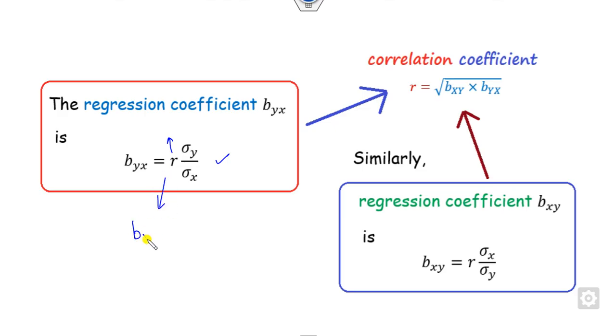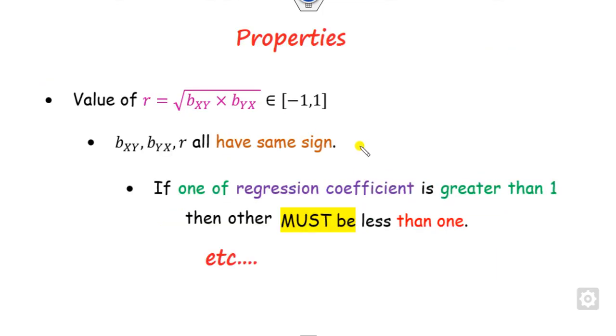That's very simple. If you call it byx, this is the line y on x, so you can see the standard deviation of y on x. Similarly, here, this is x on y, so you call it bxy. Now in this lecture, we will see the various properties. We will discuss the 7 properties, with the help of corresponding examples, such as the value of the correlation coefficient, its nature and so on.